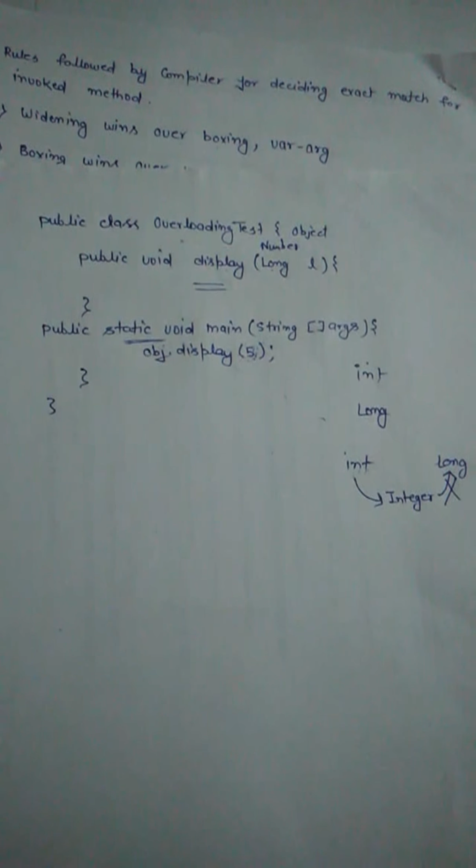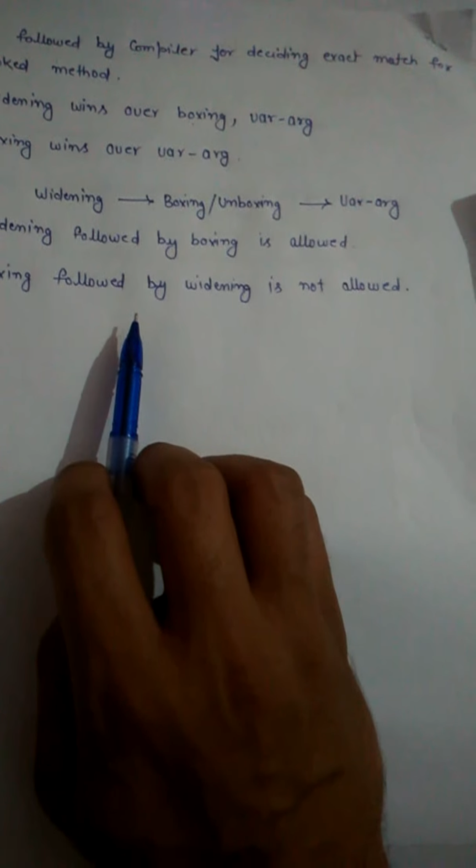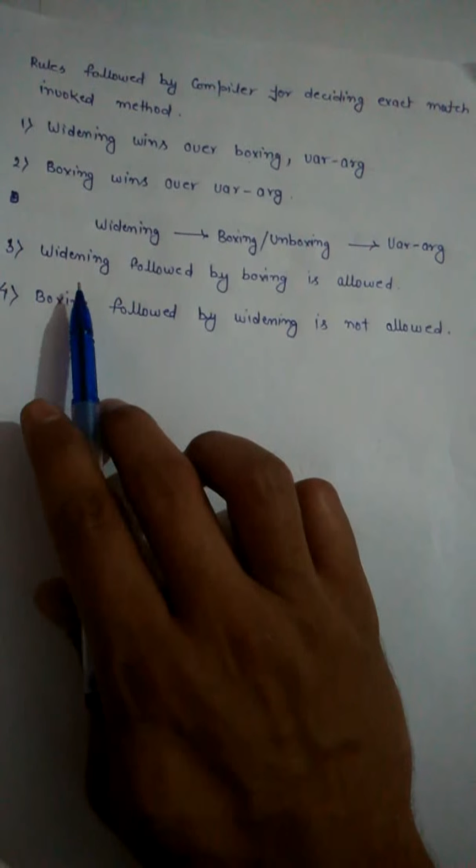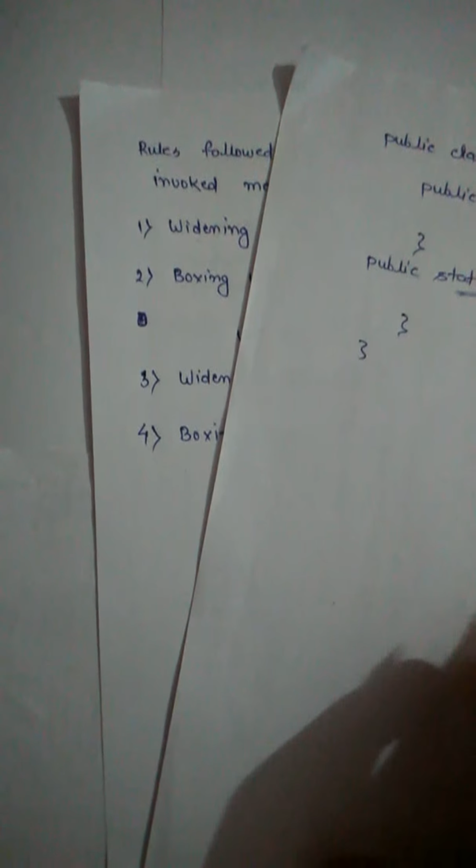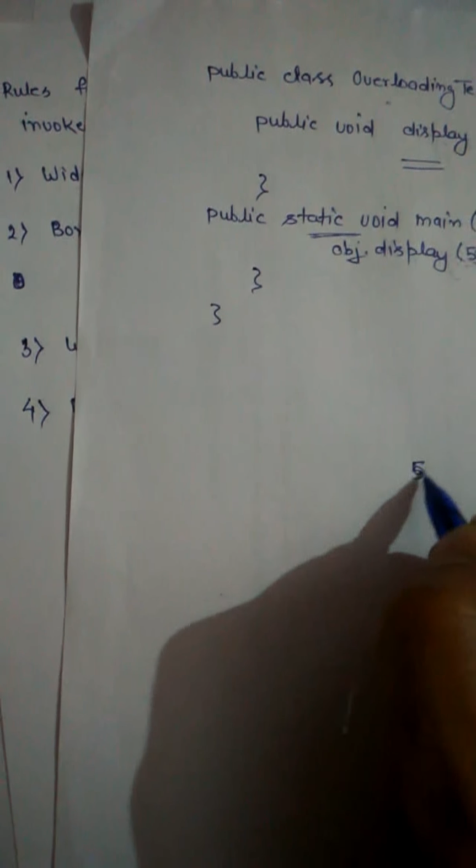This is the fourth rule, which says boxing followed by widening, sorry, widening followed by boxing. First, the widening is done from primitive type of integer to